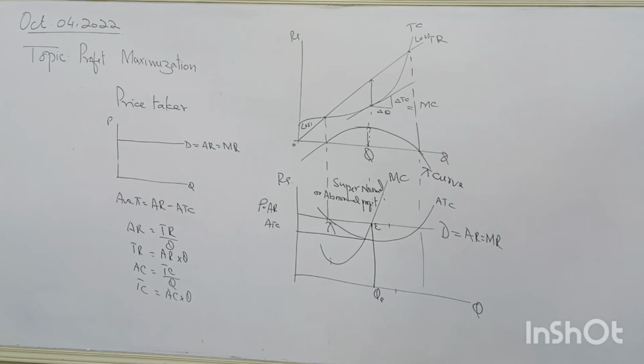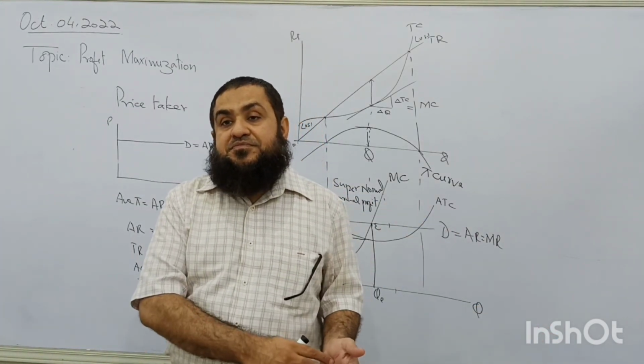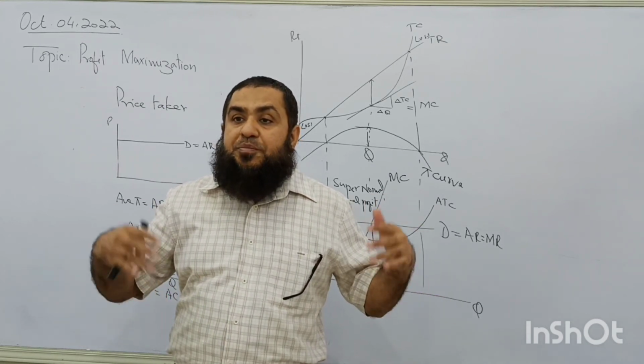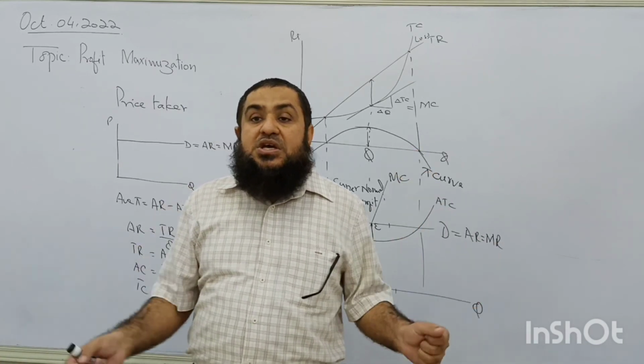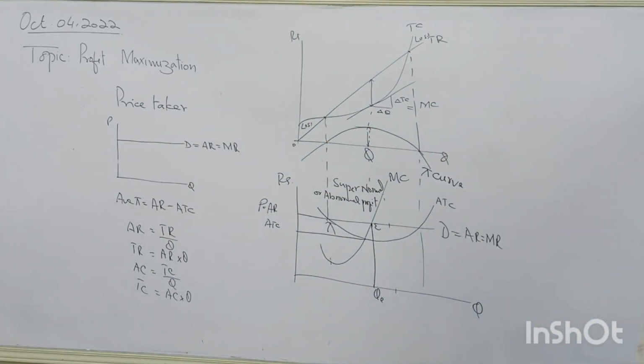What do you mean by normal profit? After paying all factors of production, there is nothing left over with the firm. It has earned the profit, but the entrepreneur is also paid according to the opportunity cost. Labor is also paid according to the opportunity cost. Now the firm is having zero retained profit. We say this firm is making a normal profit when average revenue equals average cost or total revenue equals total cost. I will explain you in the upcoming lessons of the firm. Right now I am not mixing it with this diagram.